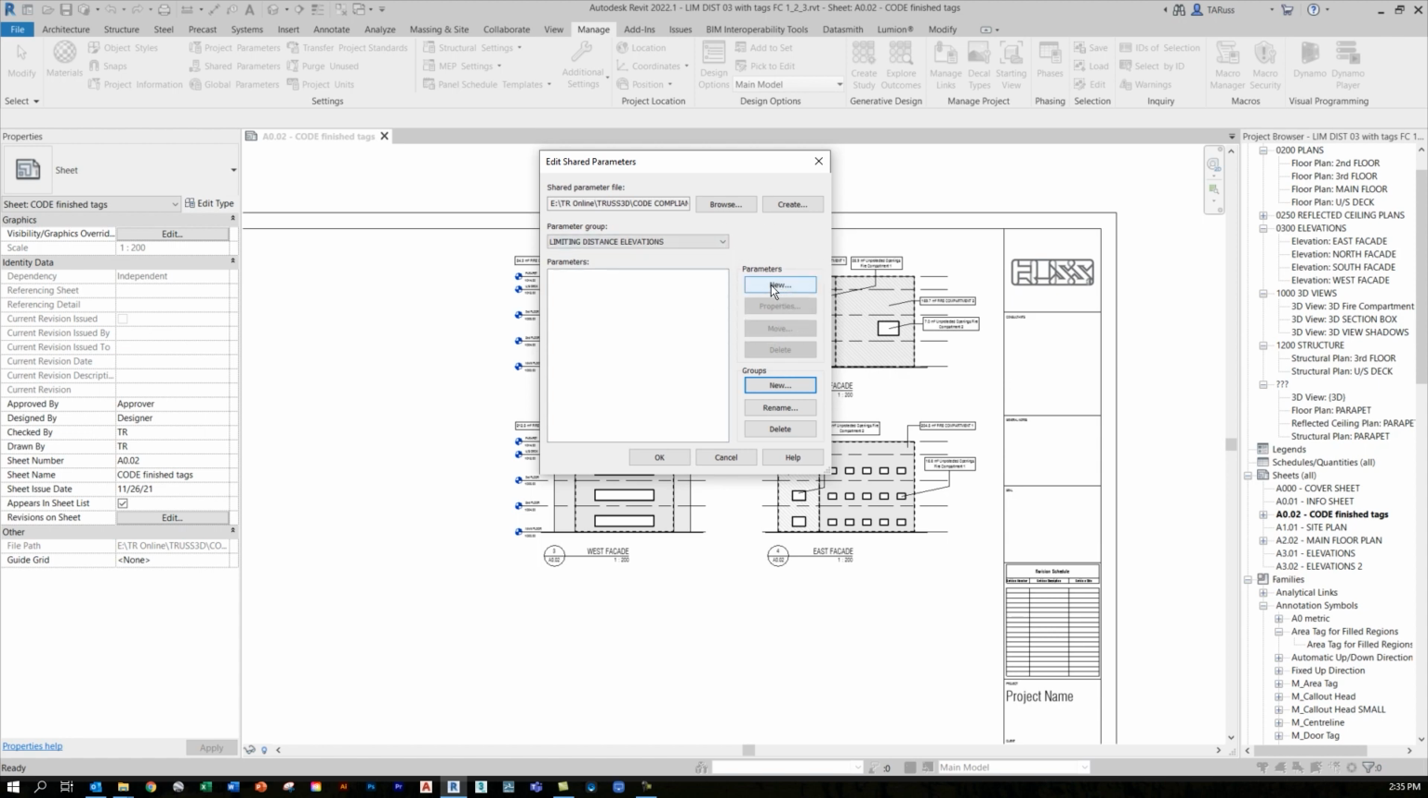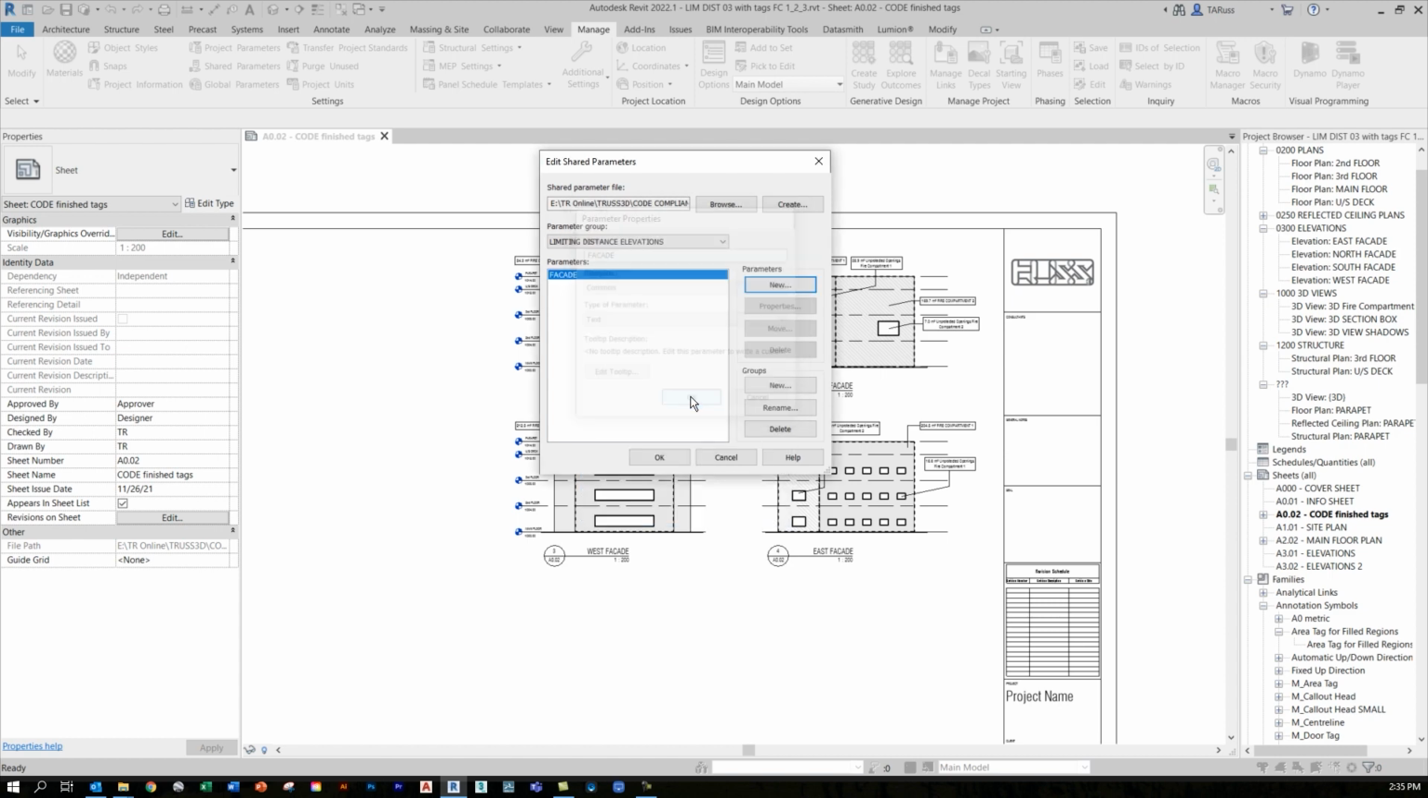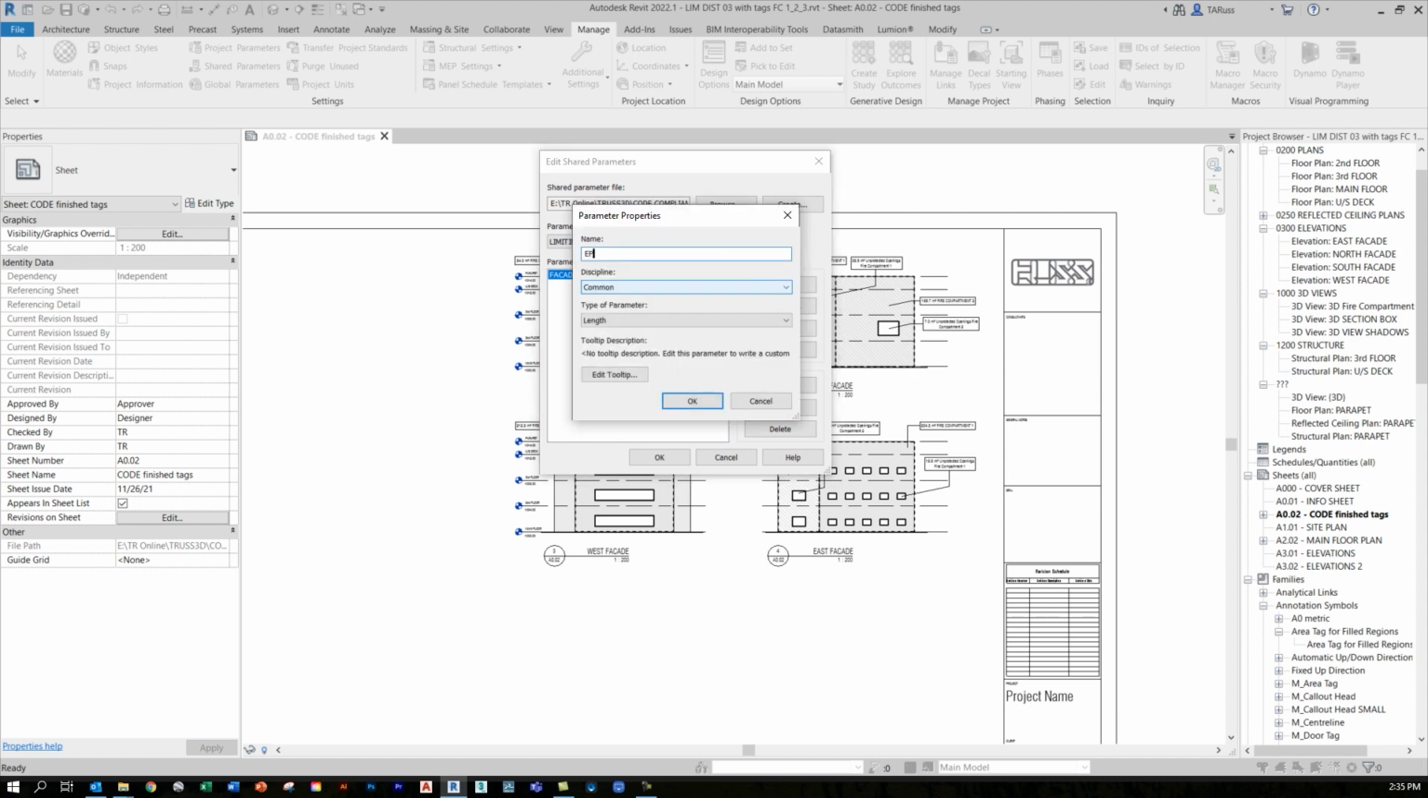So I'm just going to click here on the new parameters button, and I'm going to create 5 of these. The first one is going to be called facade, and this is going to help me distinguish whether it's east, south, north, or west. Under discipline, I'm just going to specify or leave it as common, and under type of parameter, I'm going to make this a text parameter. I'll click OK, and I'm going to repeat the process for exposing